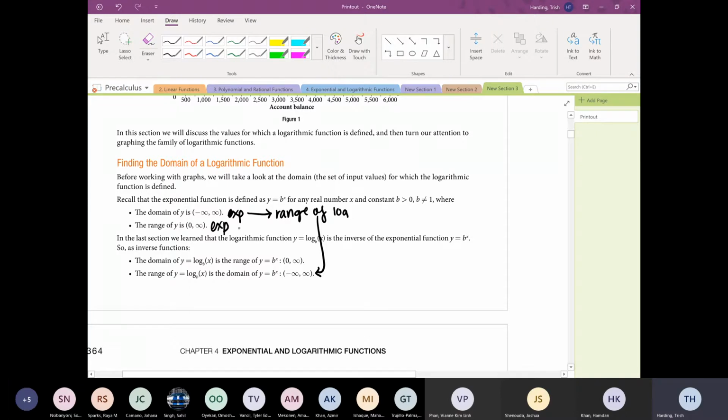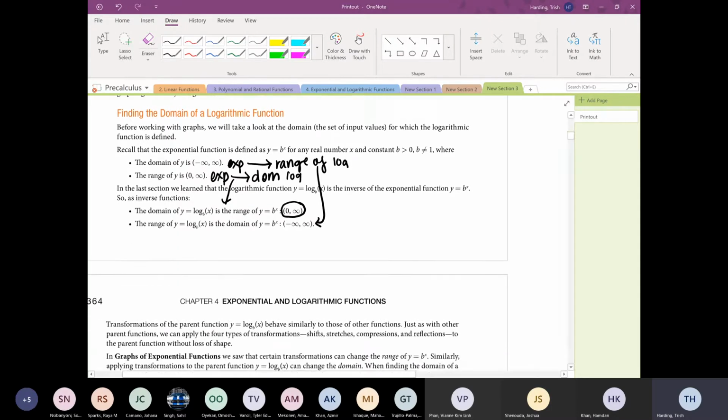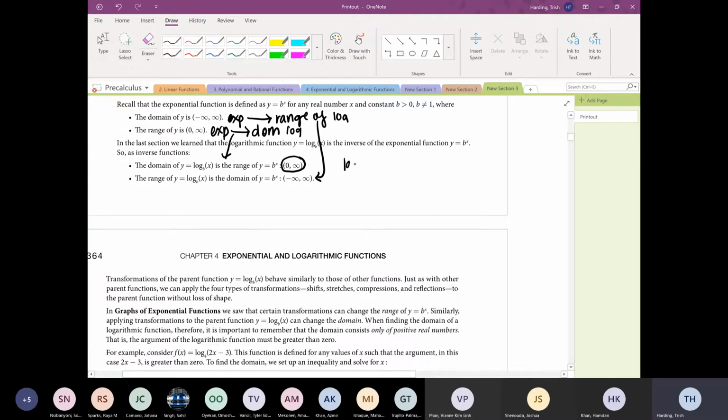Notice that the range of the exponential is going to be the domain of our log, and that can be observed right here. Your log does not accept any x values less than 0. You can't accept negative x values into your log. For example, log base b of -4, you can't do that. It won't take those values. So your parent function